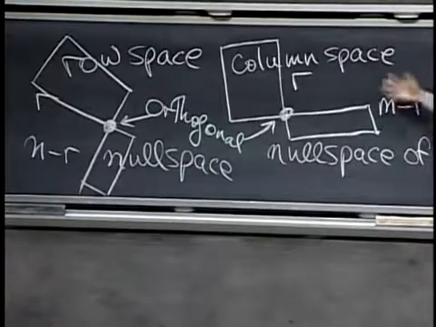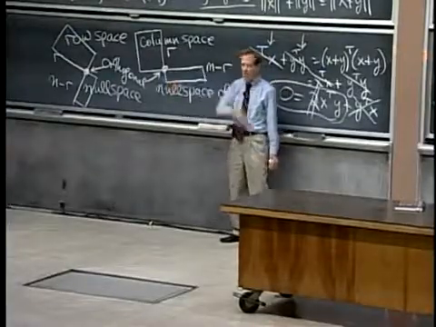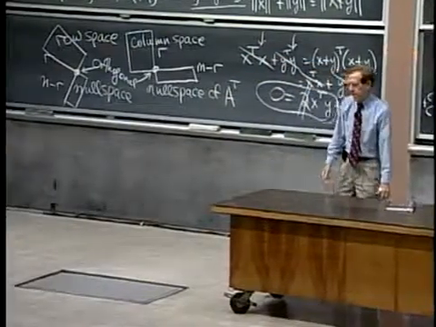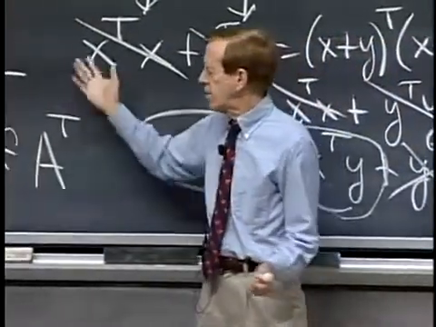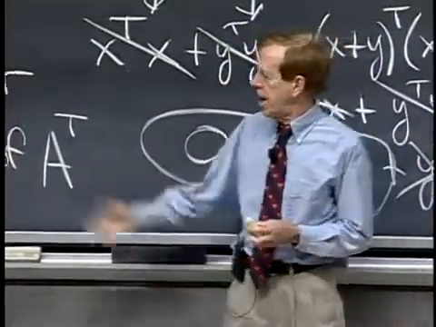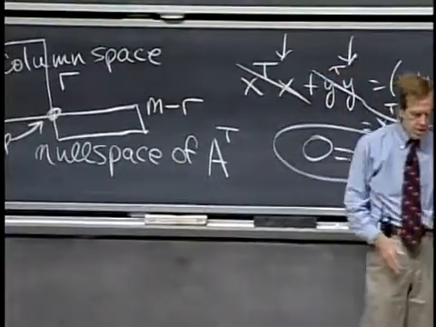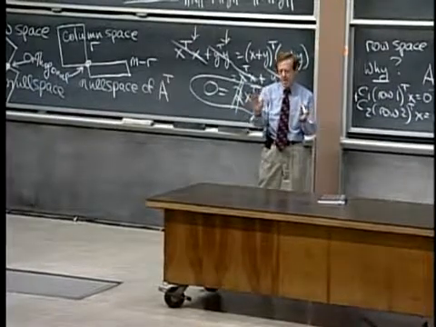Well, it's the same statement for A transpose that one was for A. So I won't take time to prove it again, because we checked it for every matrix, and A transpose is just as good a matrix as A, so we're orthogonal over there. So we really have carved up